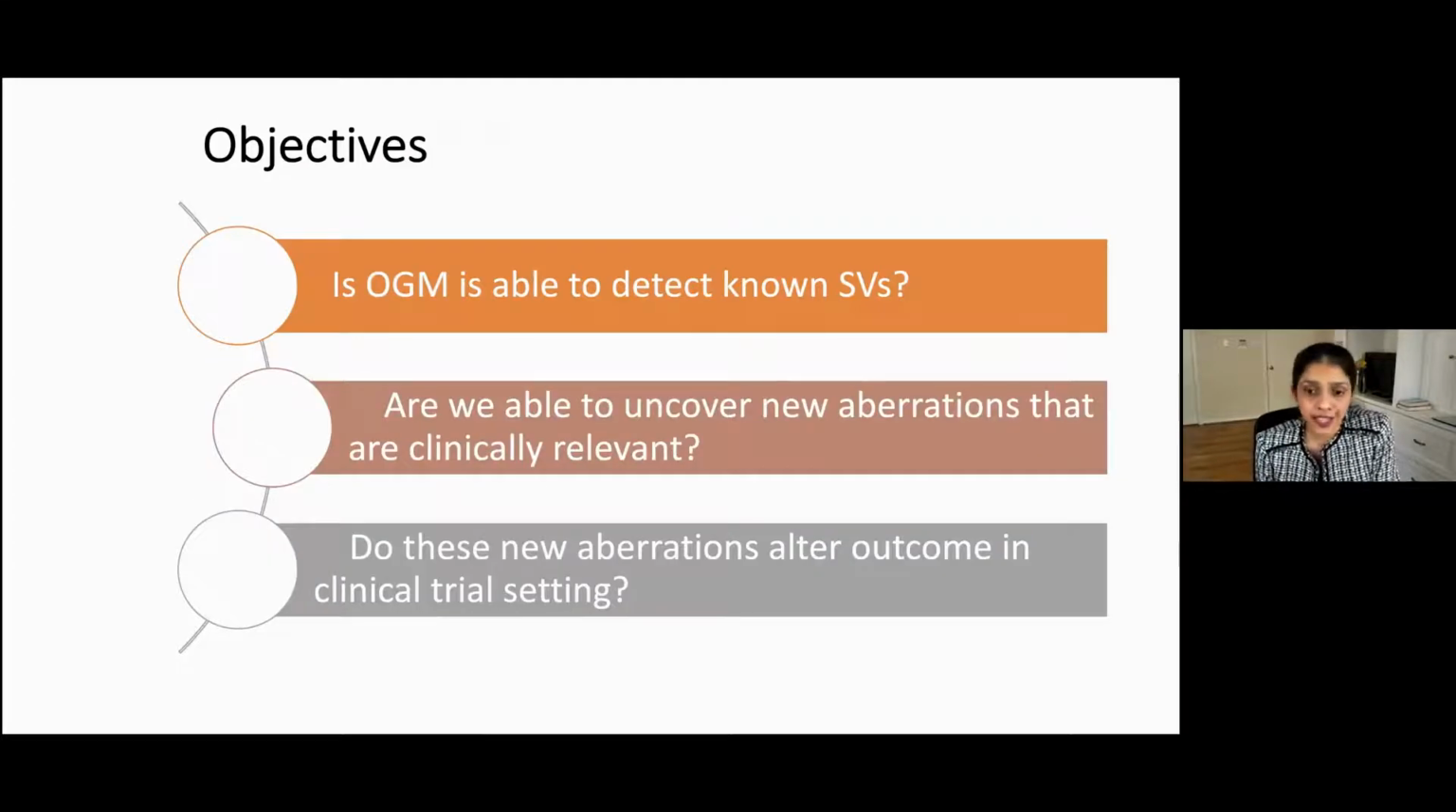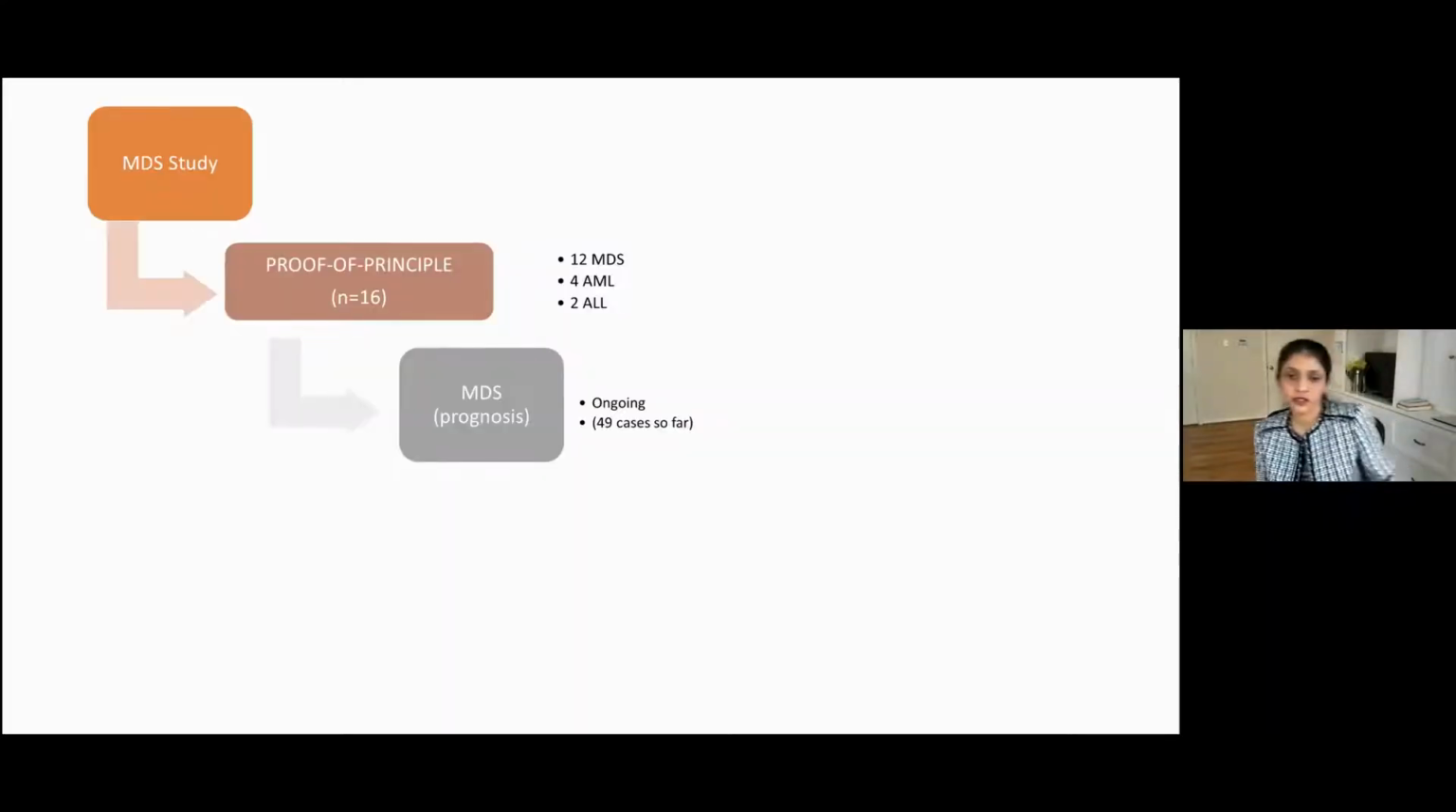So in our lab, we chose to explore the utility of optical genome mapping with the following objectives. The first: is OGM able to detect known structural variants that we are able to pick up using traditional technologies? Second, are we able to uncover new aberrations that are clinically relevant in MDS? And thirdly, do these new aberrations alter the outcome in MDS in a clinical trial setting? So we chose to explore the utility of OGM